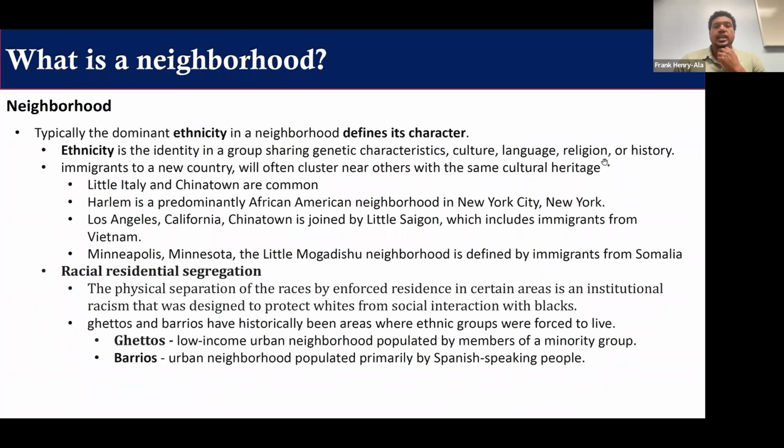And typically, the neighborhood is defined by ethnicity. Remember, we talked about race. And remember, race is a social construct, meaning that it was really built on how people view you, right? Like the color of your skin.